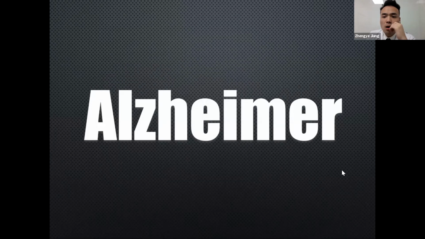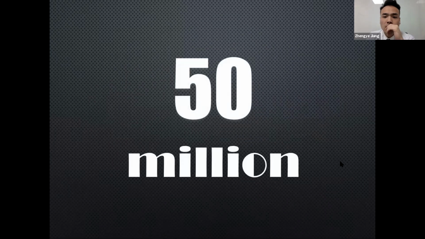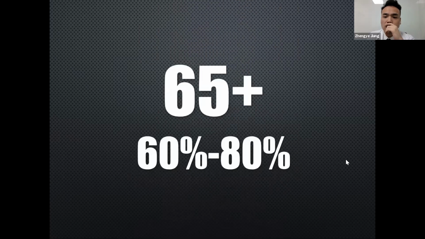As is known to all, Alzheimer's disease is a global disease with an increasing aging population. The economic burden of this disease on the world is also increasing. According to statistics, there are more than 50 million patients with Alzheimer's disease in the world now. As a progressive neurodegenerative disease, it has been placed on the list of diseases that threaten life expectancy in the elderly. Its clinical manifestations mainly include cognitive decline. The data show that nearly 80% of all patients with AD are over 65 years old.